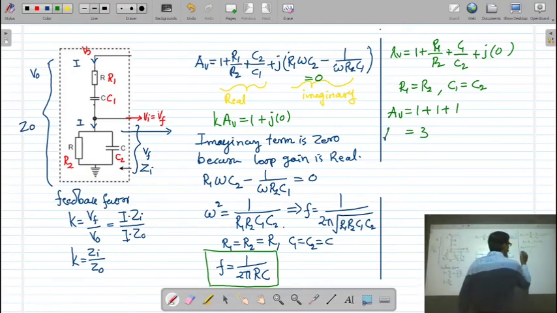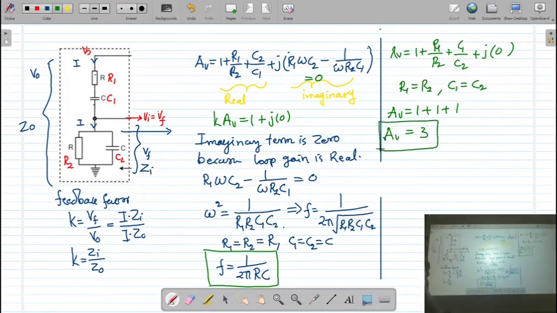So, for a sustained oscillation, the gain of the two-stage amplifier has to be equal to 3 or more than 3. If it is more than 3, then your signal is going to get distorted. So normally the gain of the amplifier must be equal to 3 or slightly higher than 3. You will get a sustained oscillation. And the frequency of this oscillation you can calculate with the help of this formula 1 upon 2 pi RC.